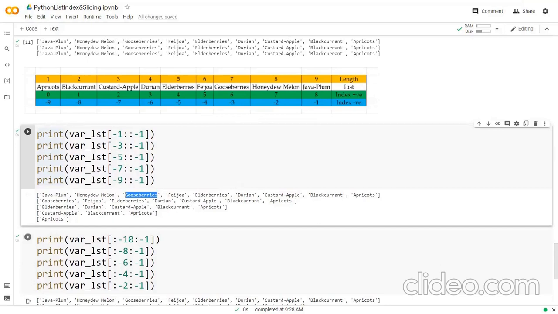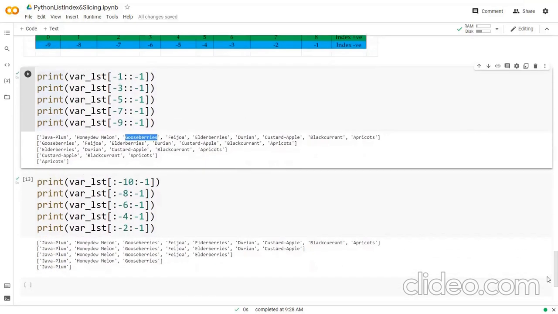In the second one, my first element and third element are default values, and we are moving towards the left. The very first one is -10, then -8, then -6, then -4, and -2. In this way, I represent negative slicing in this particular case of list.